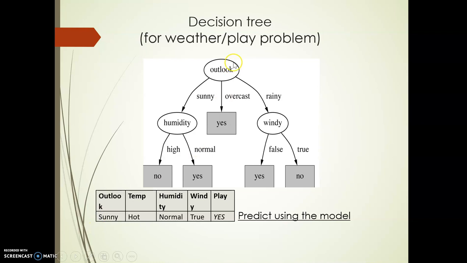So for the sunny, observe where the sunny is here. Here is a sunny and the temperature is hot, you don't have the temperature attribute in the tree, leave it. So we have the humidity under the normal, and we